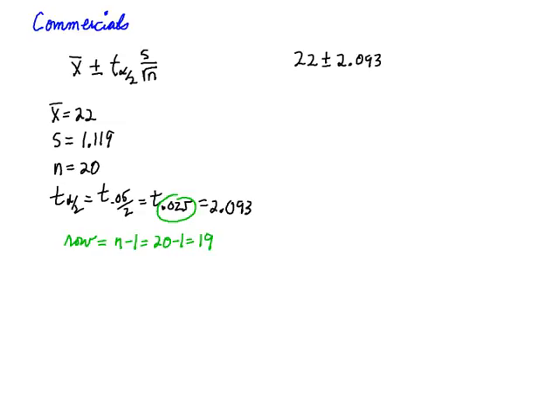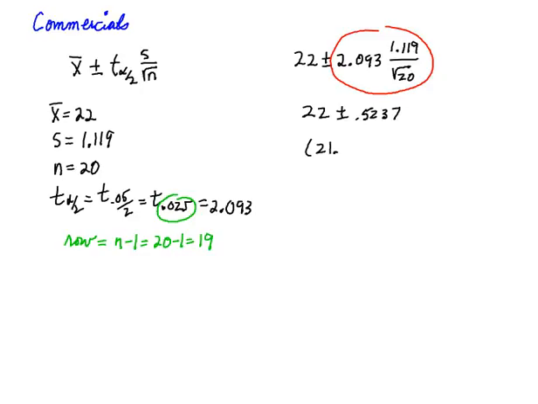I can put all these values into my formula, 22 plus or minus 2.093 times 1.119 divided by the square root of 20. And the first thing I'll look at is trying to get an estimate on my margin of error. And that is 0.5237. And that will give me my confidence interval, adding and subtracting that from 22. So 21.48 to